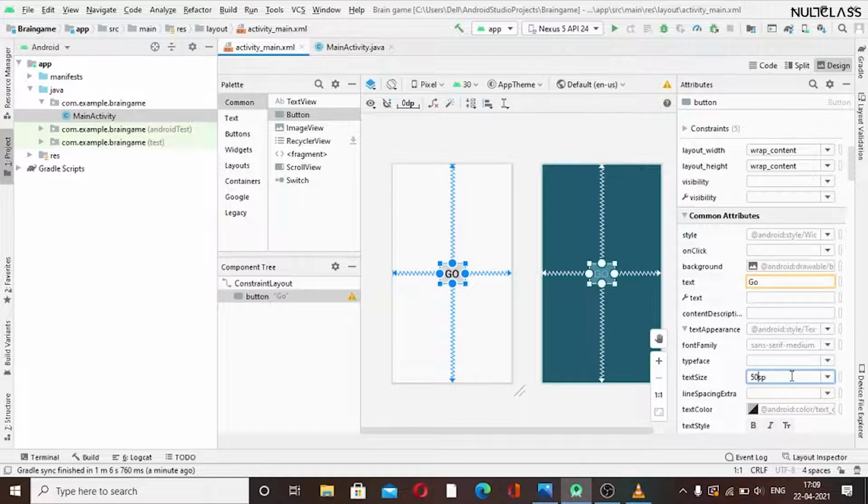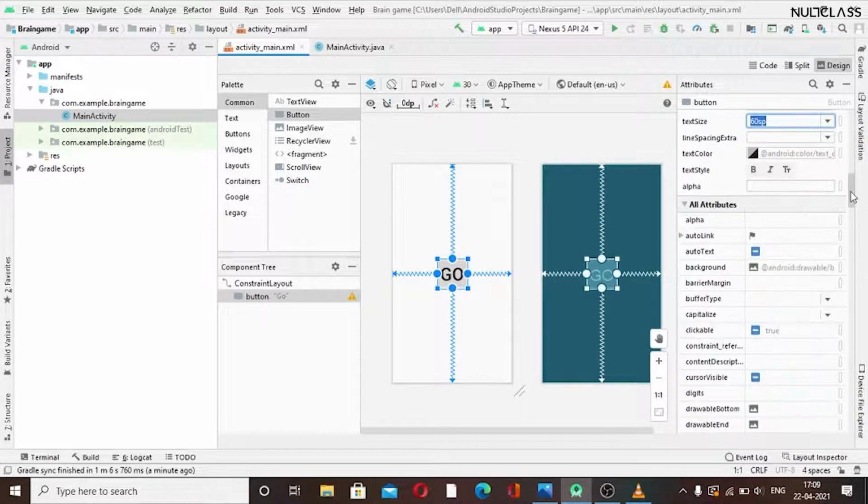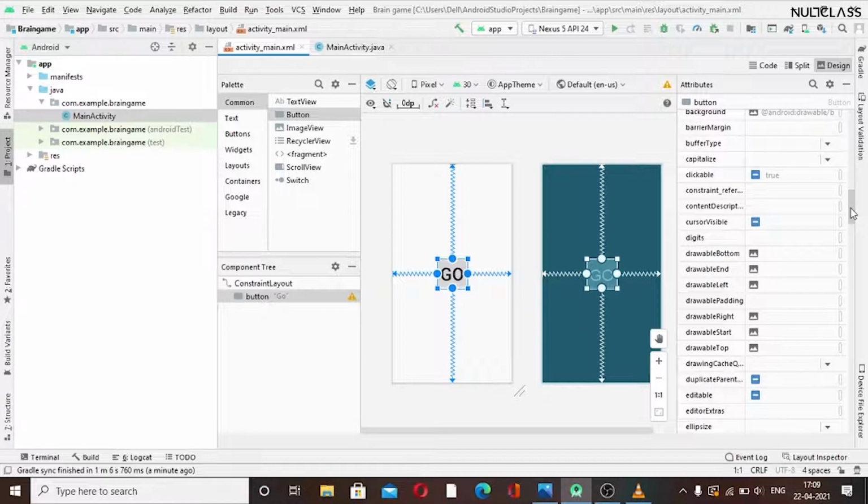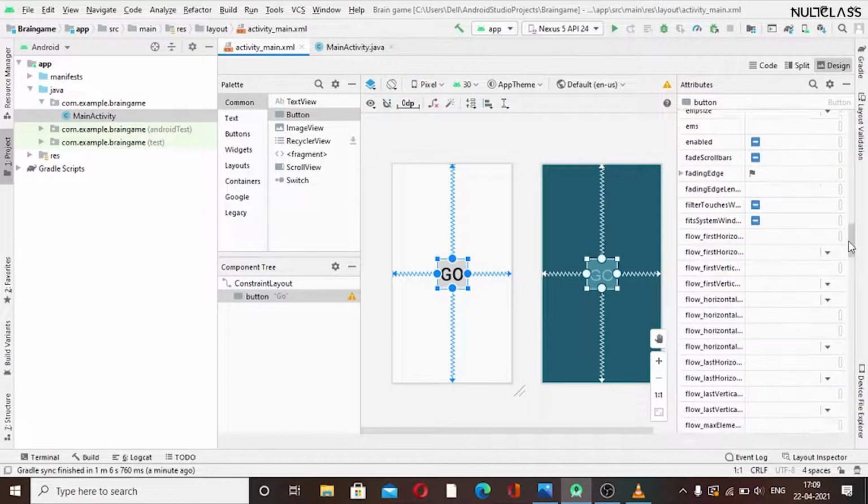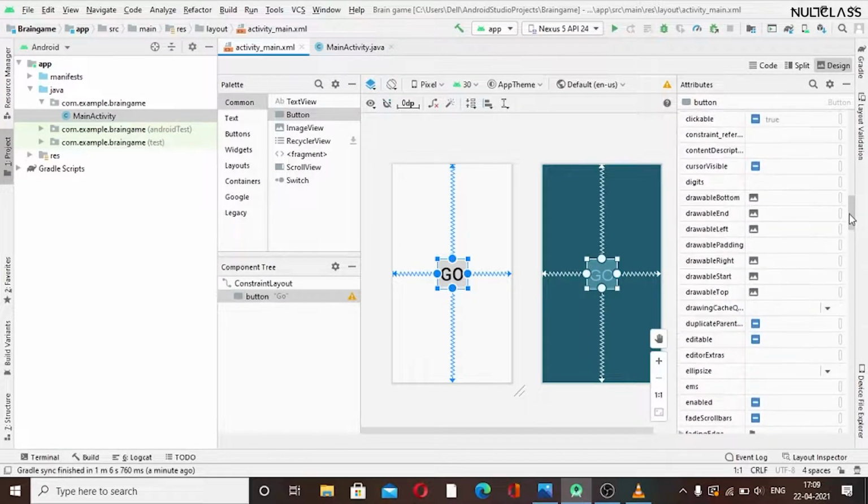I guess let's check it for 50, or we can give it 60. I guess this works fine. Okay, this looks good. Also we have to add the padding styles here. Padding is something we use to manage the space between the inside of the button and the text which is inside our button. So we will be adding its padding size here.